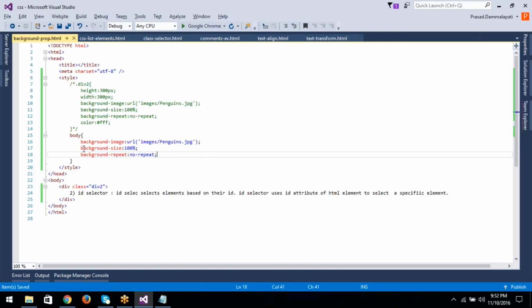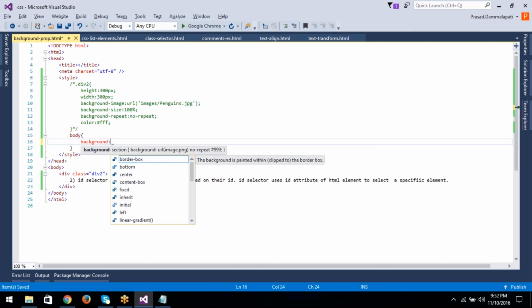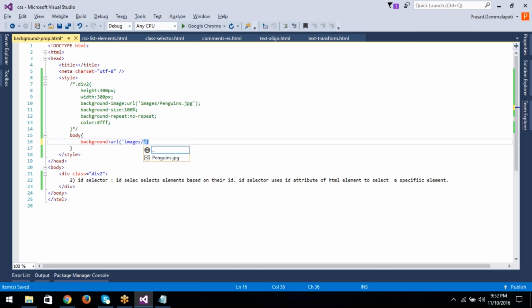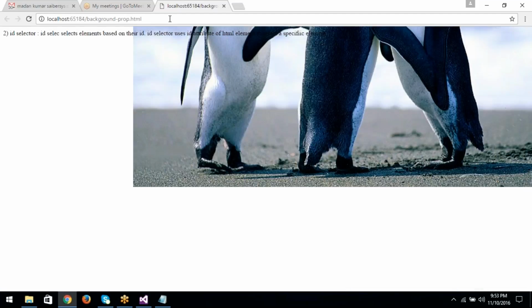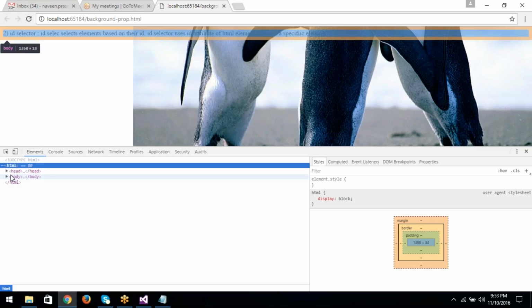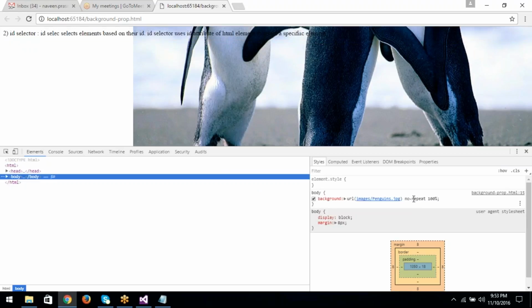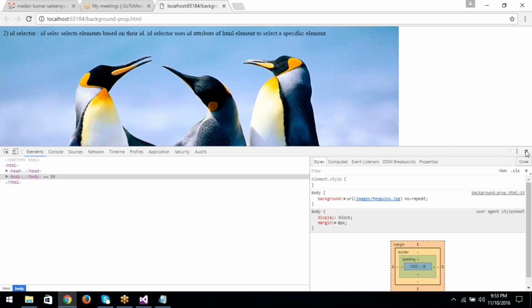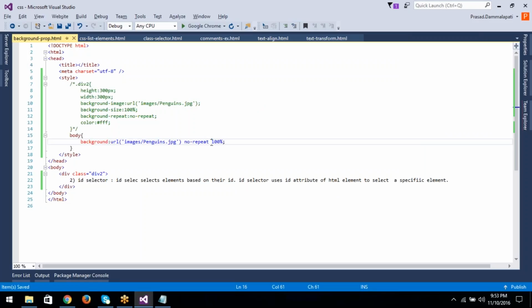If you want to use the shorthand property of background, like if you don't want to write 3 lines of code, use only background, and URL of images penguins.jpg and no repeat 100%. Okay, so background is not repeating, but